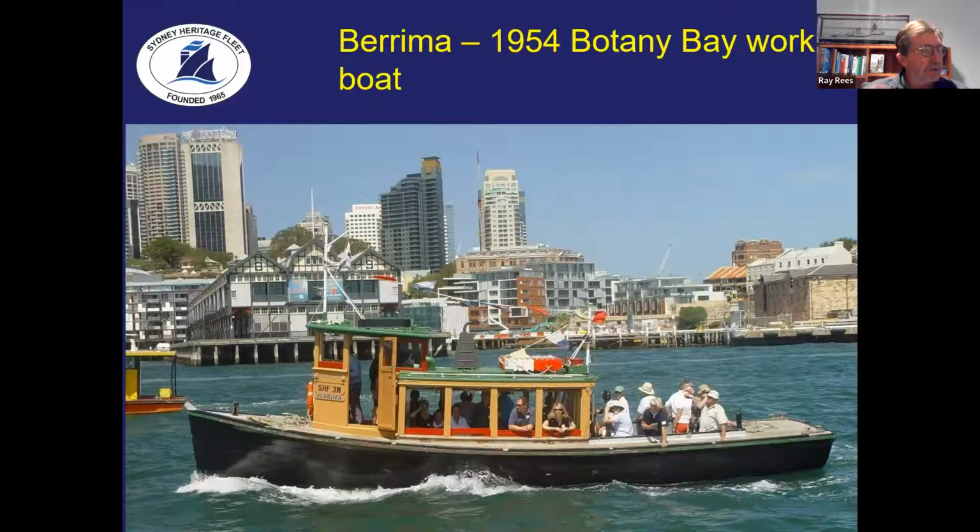So although she's used for a general workboat for us now, she was used to transfer men and materials around Sydney Harbour and Botany Bay. Back in the day, built as AOR1, as in the Australian Oil Refinery,